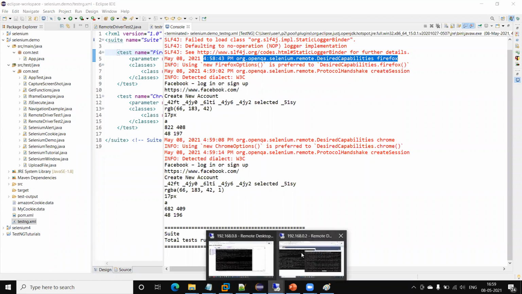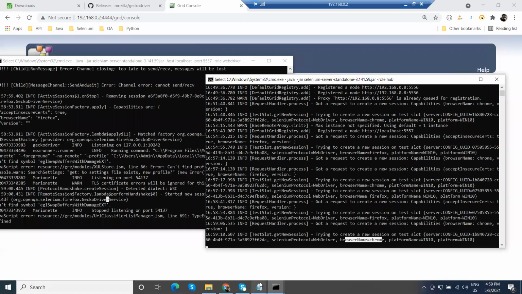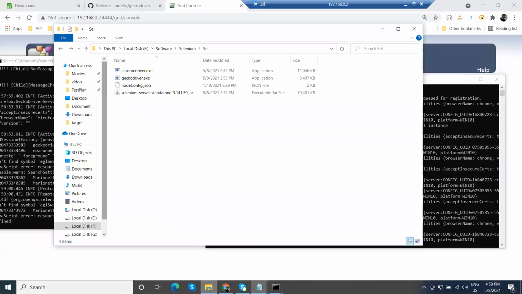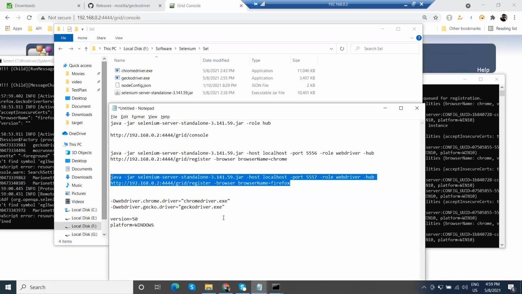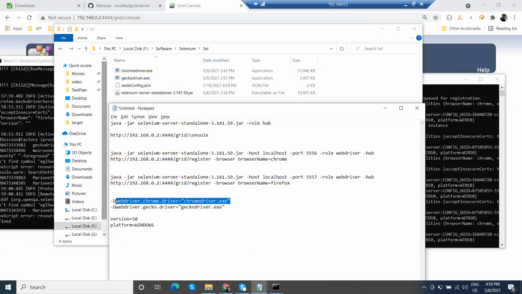Now there is something I want to discuss. Suppose that as of now I have put the Chrome driver, Gecko driver, and other driver exe files in the same folder. In that case, you don't need to mention the Chrome driver exe during the execution of the commands. But if you are putting them in a separate location, you need to pass it along with your command. Similarly, if you want to run the test on a particular browser version, just add a comma and the version number here.